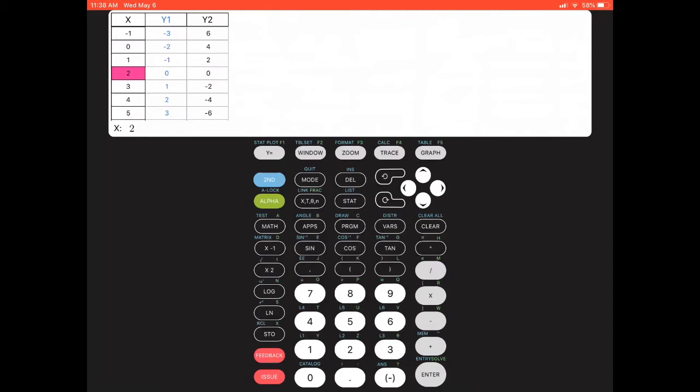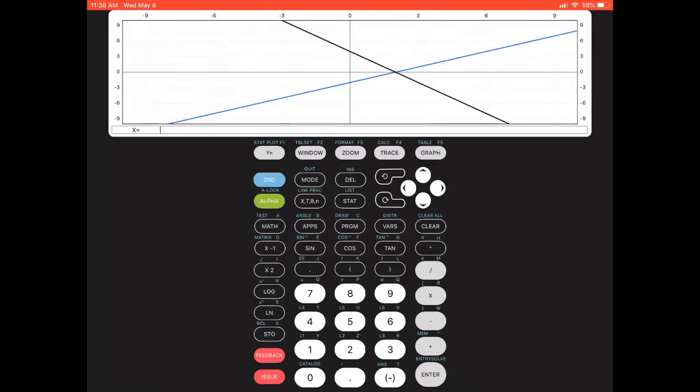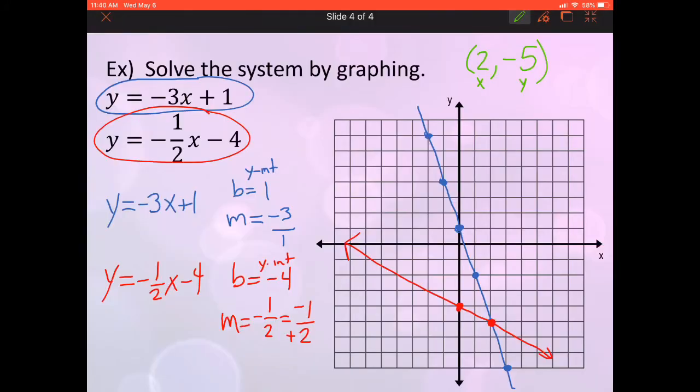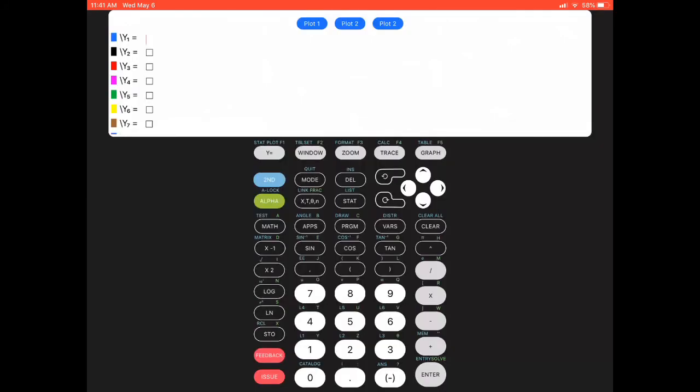So if you would like to use your calculator, you can, but what I need to see from you is the picture of your graph on your calculator. Just take a screenshot of it or take a picture, if you prefer to do it on your calculator. So in my calculator I can put y equals negative 3x